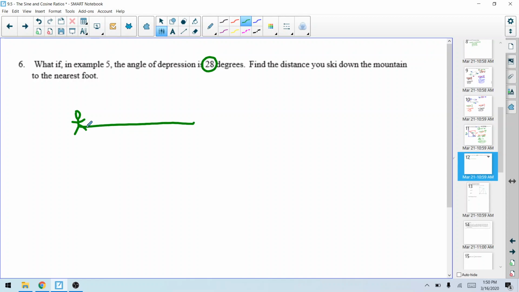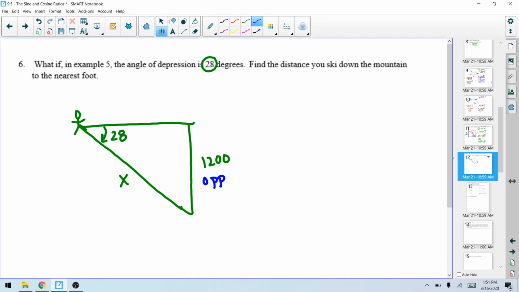Last time I kind of used the bottom triangle, so this time I'm going to use the upper triangle. Altitude is still 1,200 feet. I don't know how far he's going to ski down the mountain, but between the horizontal looking down, now they're saying is 28 degrees. From 28 degrees, 1,200, opposite, x,